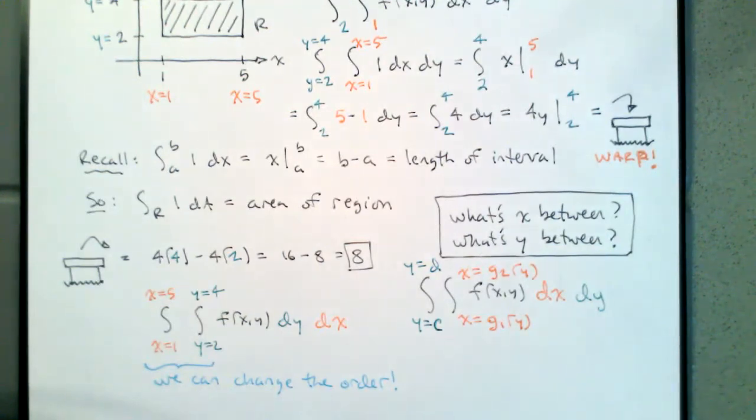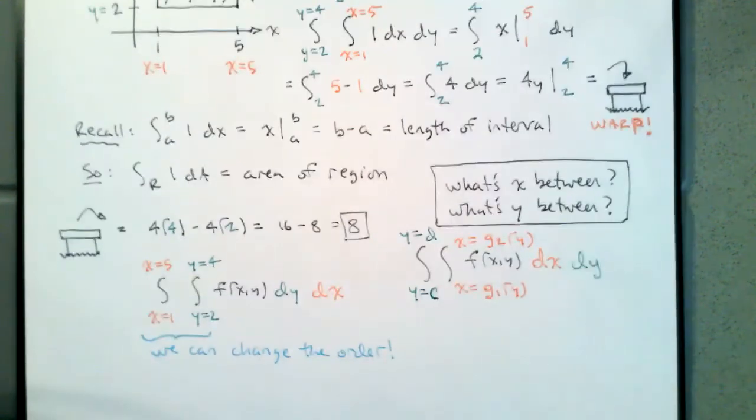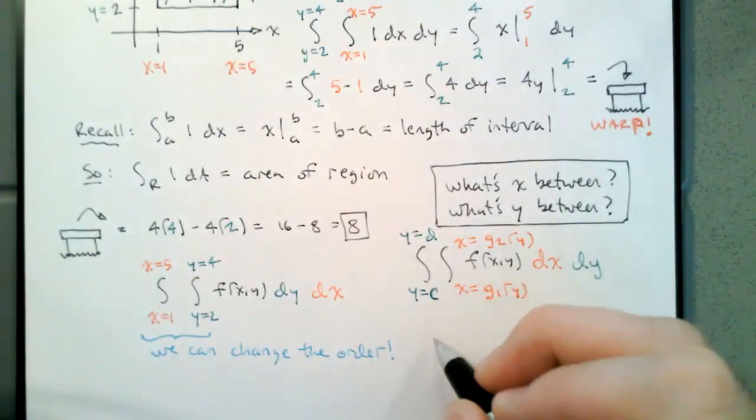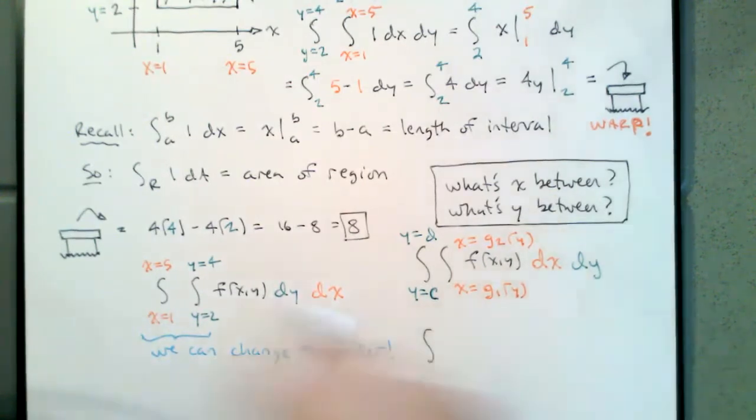The inner integrals, the bounds on the inner integrals, can be functions of upcoming variables. The last integral has to be constant. So if I set this up in the other direction,